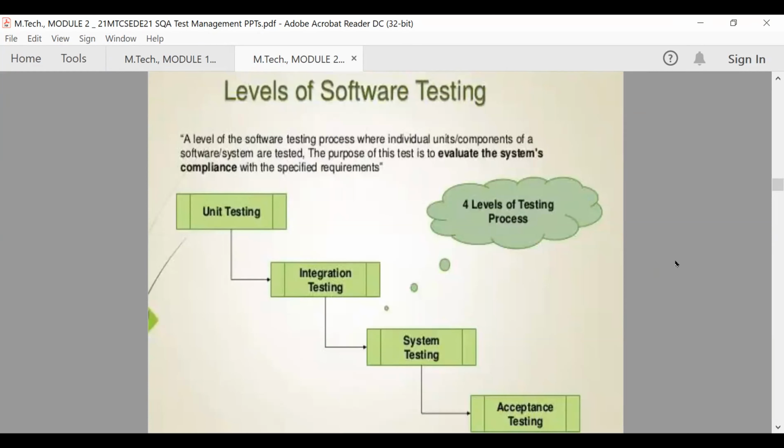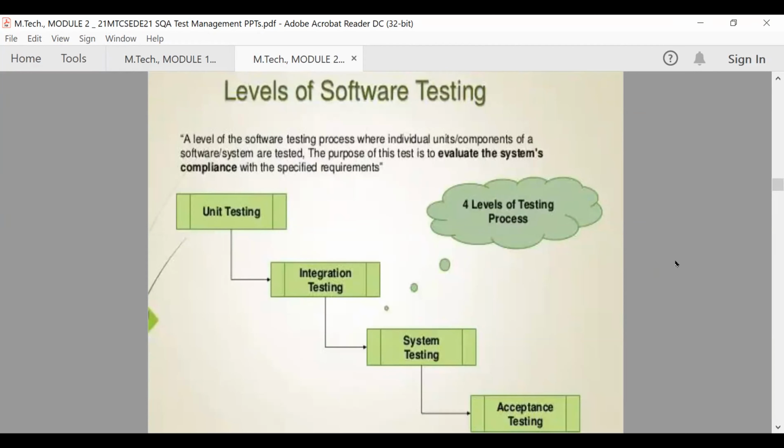In module 1 we already discussed the levels of software testing. The first level is where individual units and components of your software system are tested. Each and every component should be tested individually. Then we go for integration testing, where all the components are integrated together.